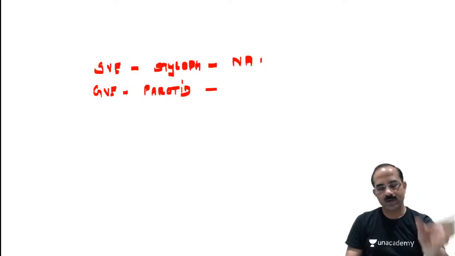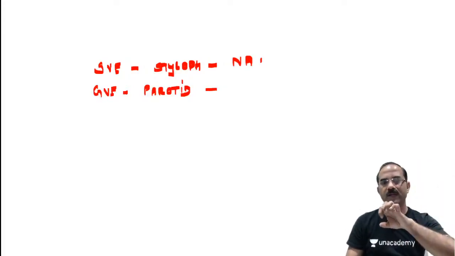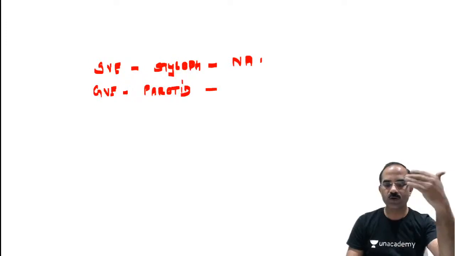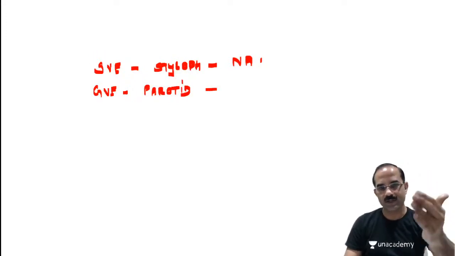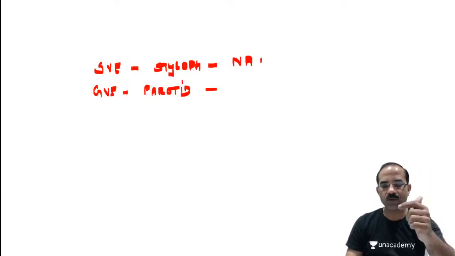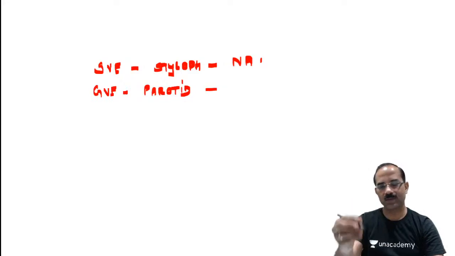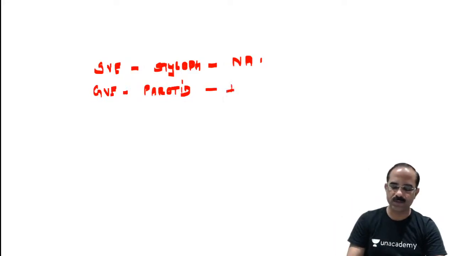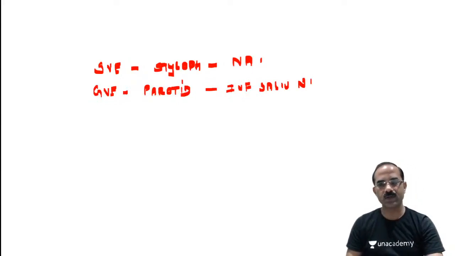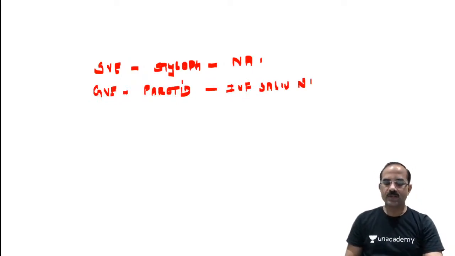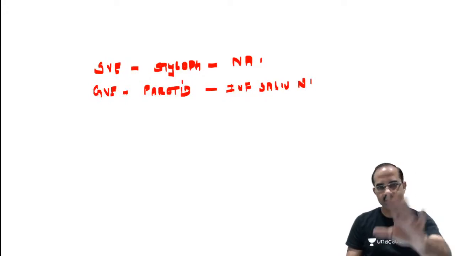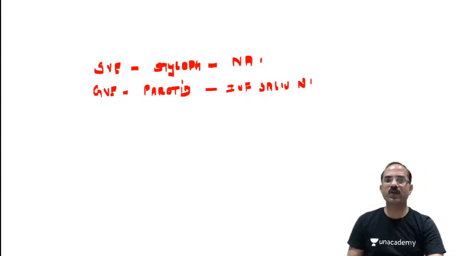Okay, so the glossopharyngeal nerve supplies the parotid gland. To supply the parotid gland, what component will it be? General visceral efferent component. And the name of the nucleus? No, this is not the nucleus. The nucleus is inferior salivatory nucleus. Very good. So the name of the nucleus is inferior salivatory nucleus. Excellent. What else does the glossopharyngeal nerve supply?